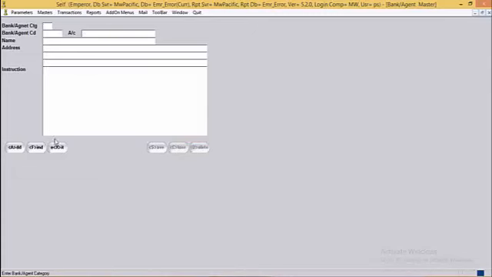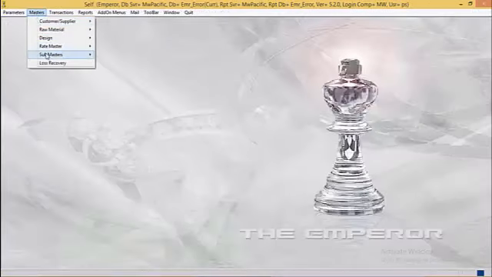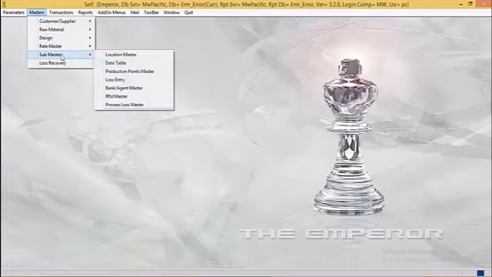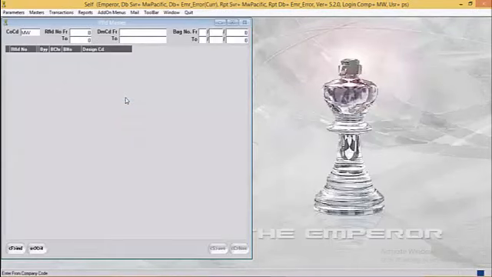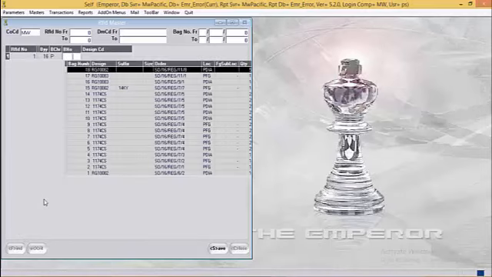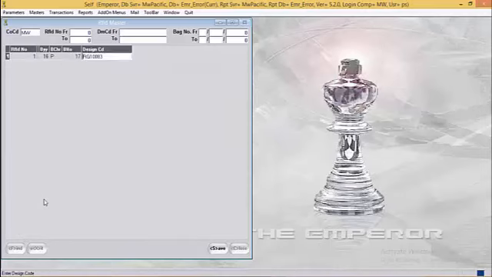Next is RFID master. Here user can assign a RFID number to a given bag number or a design code. For example, over here the RFID number 1 is assigned for bag number 17, for which design code is RG10083, and can define so on.